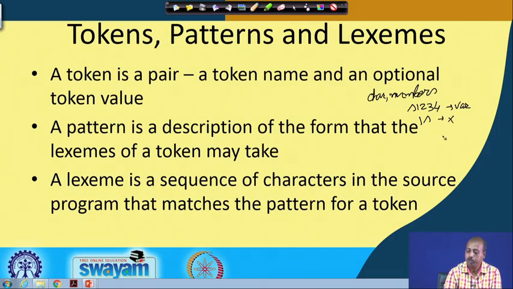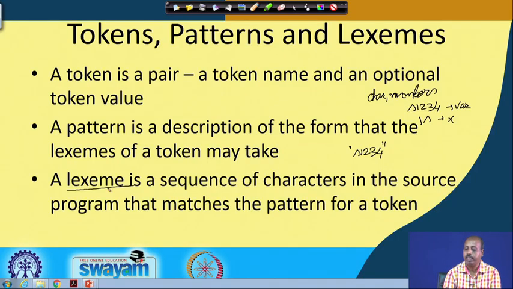So, in the input program, if I get S1234, this is the lexeme that you are getting, a sequence of characters in the source program. The pattern is a rule by which I can define what are valid lexemes. I will say shortly how we specify a pattern.